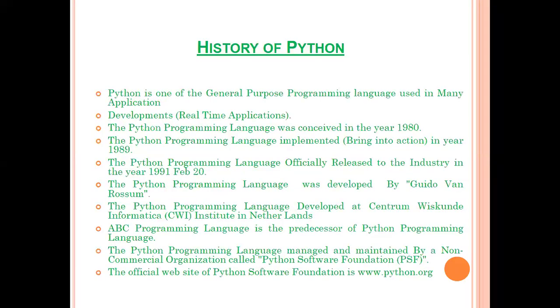Students, when we are talking about the history of Python, it is one of the general purpose programming languages used in many applications. Okay. Now, the Python programming language was conceived in the year 1980.